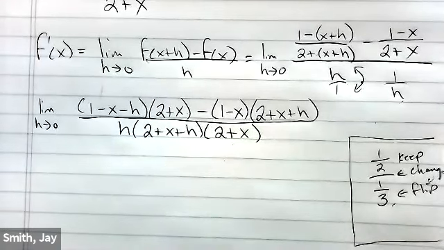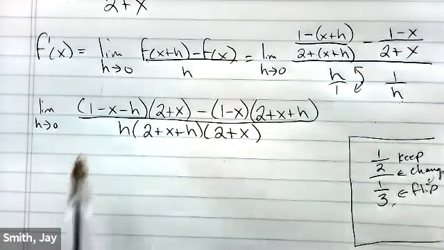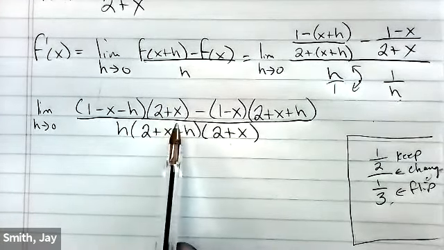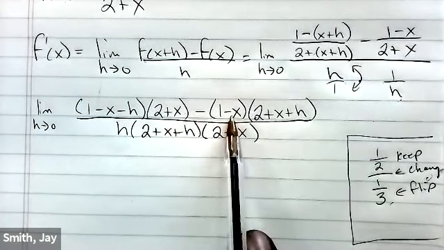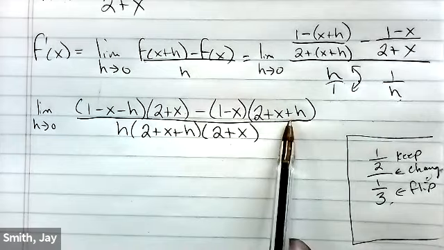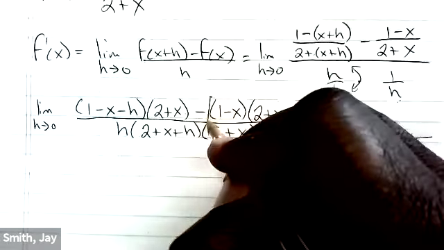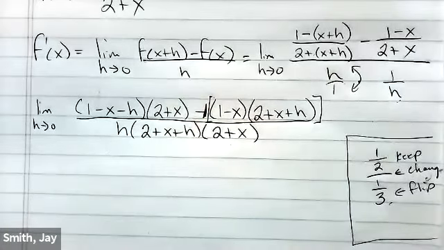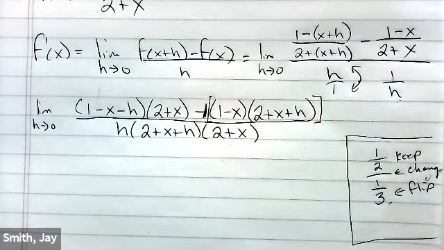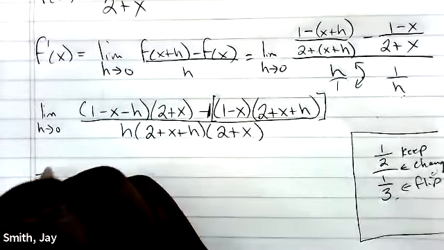Any questions so far? All right, so now we need to multiply them to see if we have anything to cancel out. So we need to multiply the trinomial 1 minus x minus h by the binomial 2 plus x, as well as multiply the binomial 1 minus x times the trinomial 2 plus x plus h. And we don't want to forget that there is an understood -1 in front of the second quantity, which is going to change every sign from positive to negative and vice versa. So still evaluating the limit